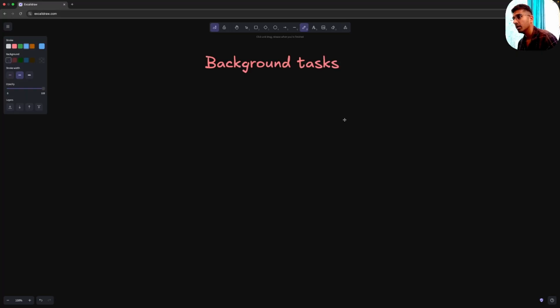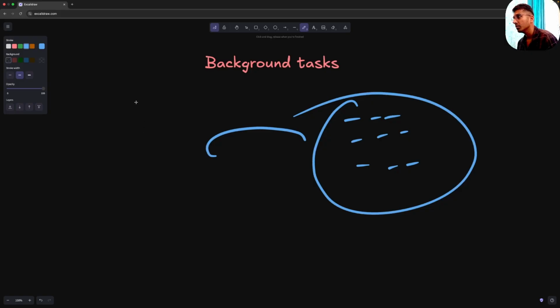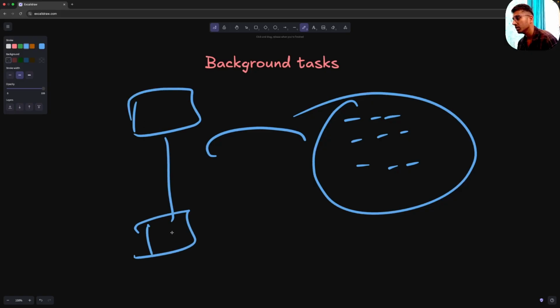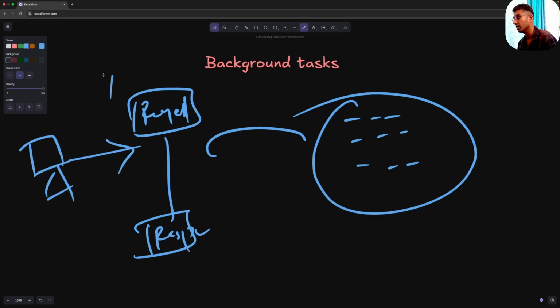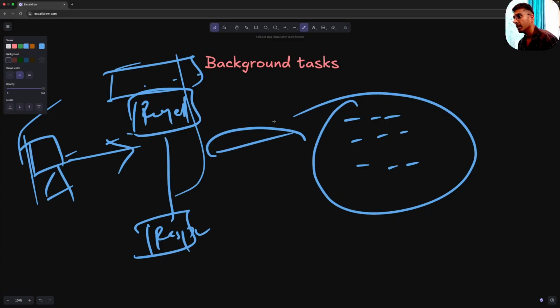A background task is basically any piece of code that runs outside of the request response lifecycle. This is our request, this is our response, this is our client, and this is our server. Any piece of code, any logic, any workflow which runs outside of this whole client server interaction or the request response lifecycle, that we call a background job or a background task,